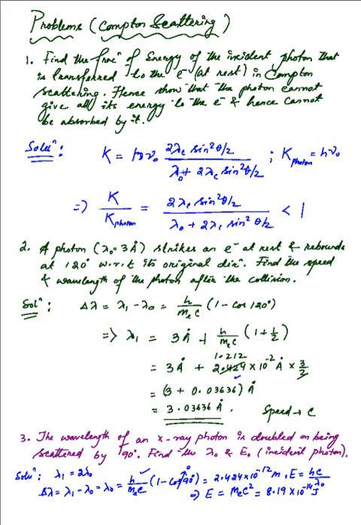them, going through them. You can take a screenshot or maybe download it to watch later or write them down for your better practice. Now, the first one has asked us to find the fraction of energy of the incident photon that is transferred to the electron which was initially at rest in Compton scattering, and hence we have to show that the photon cannot give all its energy to the electron, which also means that it cannot be absorbed